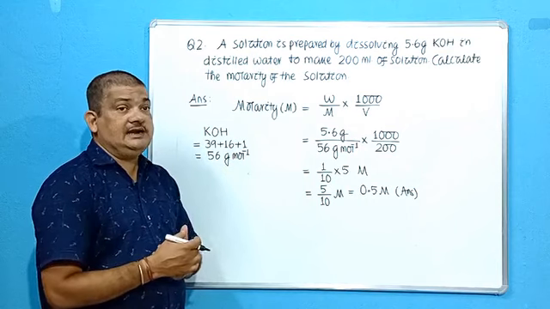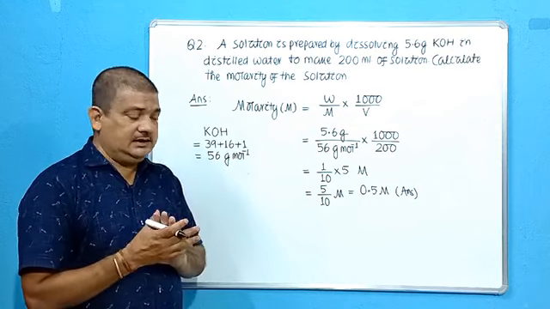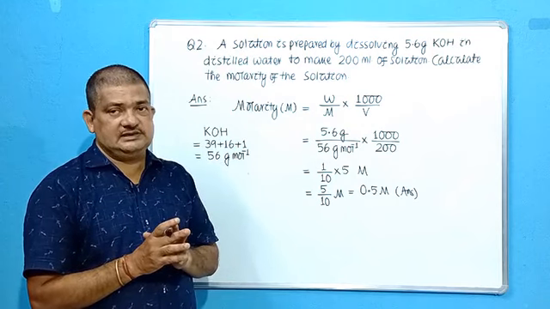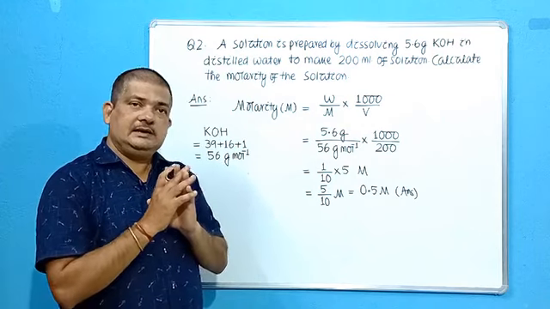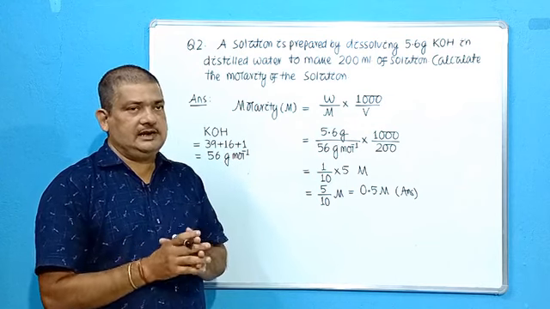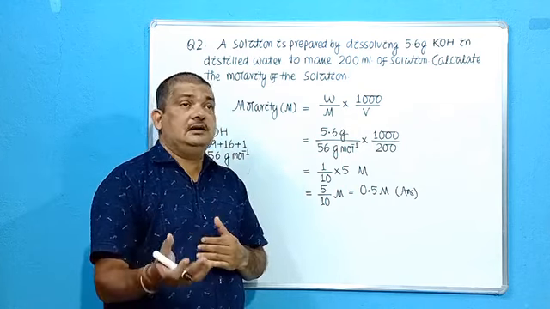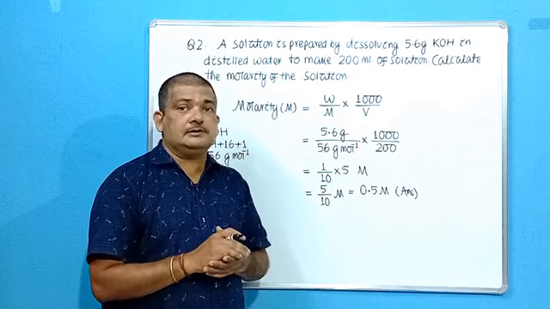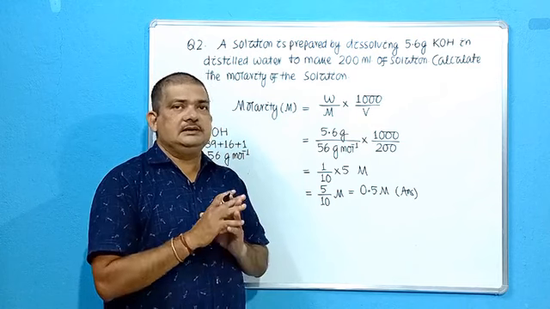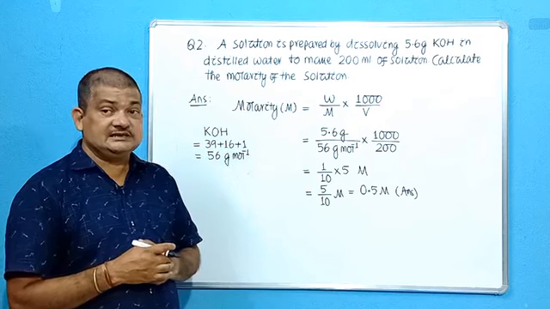Since molarity depends on the volume of the solution, and you have read about the volume-temperature relationship, volume changes when the temperature changes. So molarity is a unit which depends on the temperature of the solution, but mole fraction does not, because on changing the temperature, the number of moles does not change. Mole fraction is the ratio of numbers of moles. So mole fraction is the unit which does not change with temperature, but molarity changes.